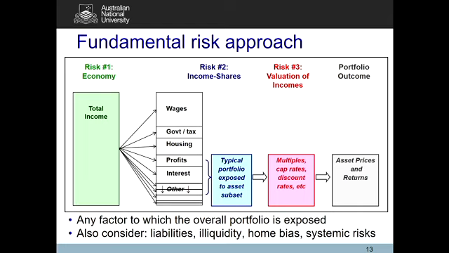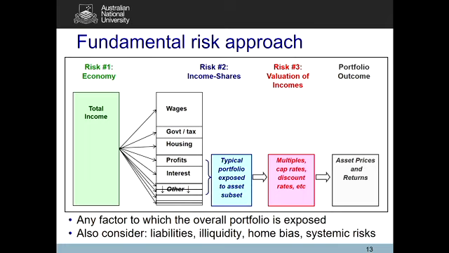Now, to a large extent, that can't get diversified away, right? Think about the economy as a pie. What we're talking about is fluctuations in the size of the pie. When the economy is doing well, most asset classes are doing well, people's portfolios are doing well. When the economy is shrinking, most asset classes go down with it, as do people's portfolios. So risk number one is difficult to diversify, but what you can do is try to be diversified for risk